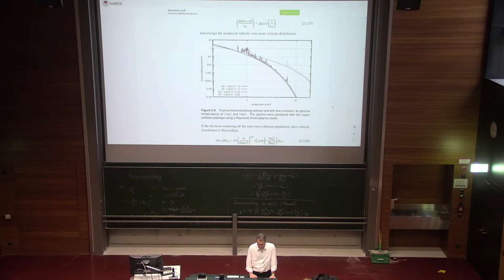And you see 4 curves. Let's look at the red and the blue curve at first. There you see y equals 0. Why there's a y, I'm going to explain. kT equals 1 kilo electron volt, kT equals 5 kilo electron volt. And you see, okay, if you make the plasma hotter, the cutoff frequency shifts to larger values, obviously. It's going to turn almost flat, right? What you see is the onset of the exponential cutoff. What you see here is the exponential cutoff of the spectrum.